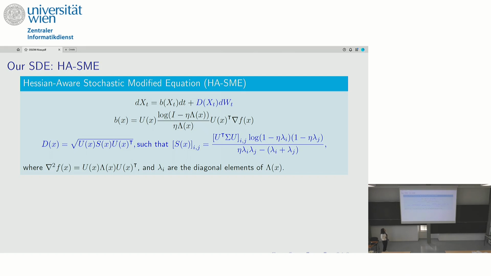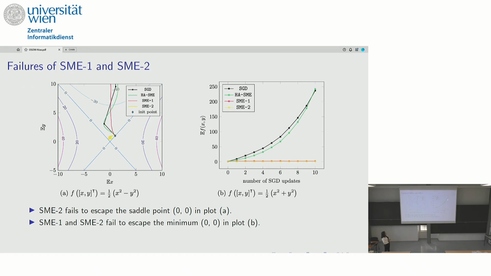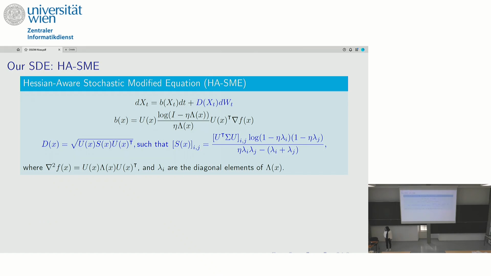Okay, so here is our proposed stochastic differential equation, which is called the Hessian-Aware SME, and I have already spoiled for you what the behaviors are, as you can see in the previous plots. These green curves are the performance of our SDE. Similarly here, these are the green curves. This is how HA-SME performs, and it actually matches very closely with how SGD behaves. All right, so the message here is that we consider Hessian information in both the drift term and also